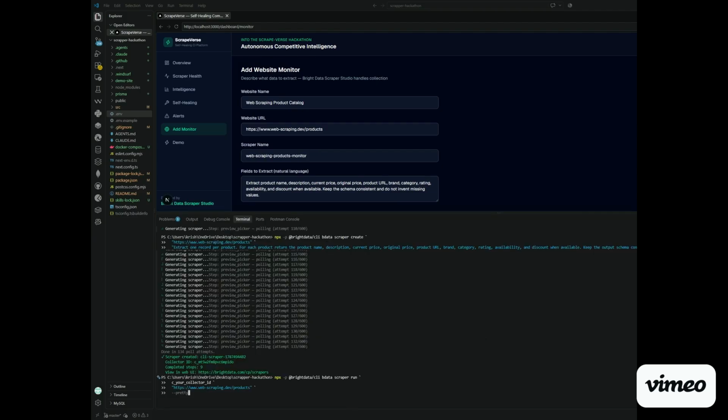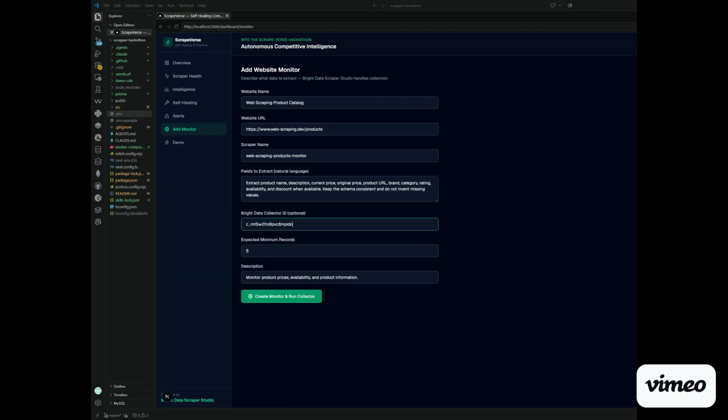The scraper ID is used here. So I have clicked create monitor and run collector. So after that,